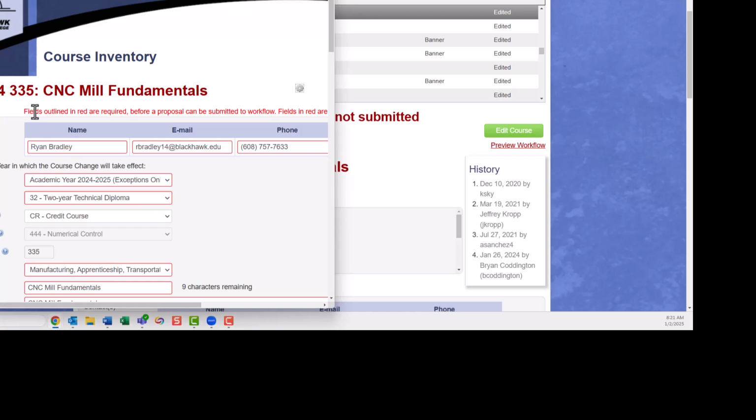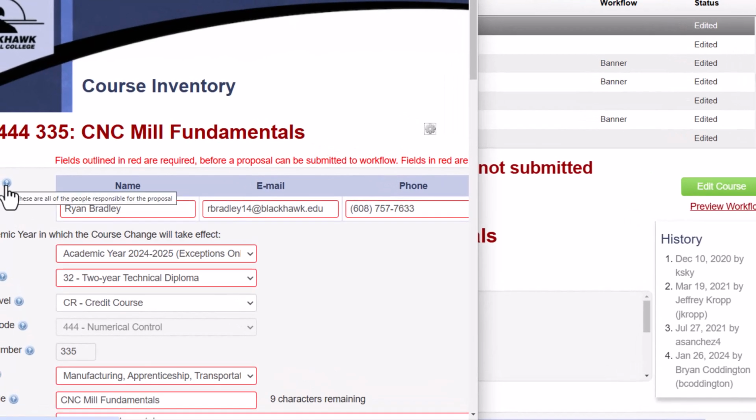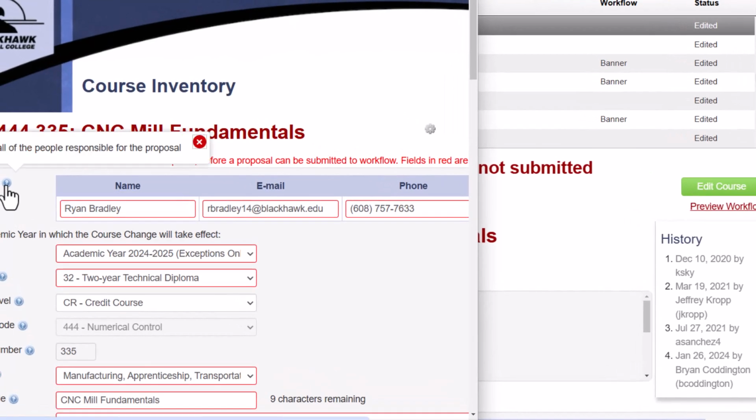As it says, the fields that are outlined in red are required before a proposal can be submitted. If it's shaded in gray, you are unable to edit that. Some of these fields are self-explanatory, such as the contact info. However, clicking on this question mark icon will allow you to receive additional information if you're unsure what to type